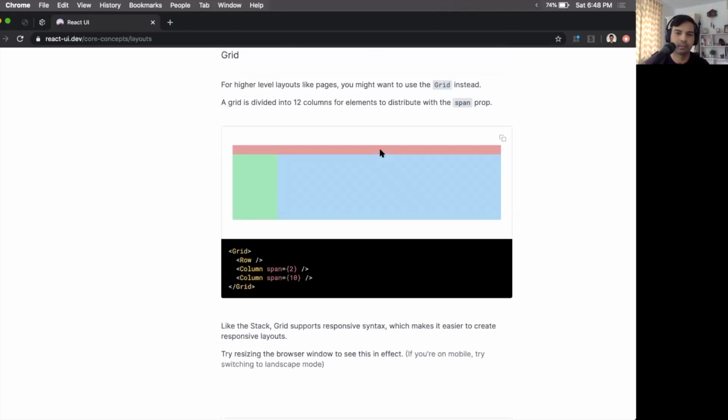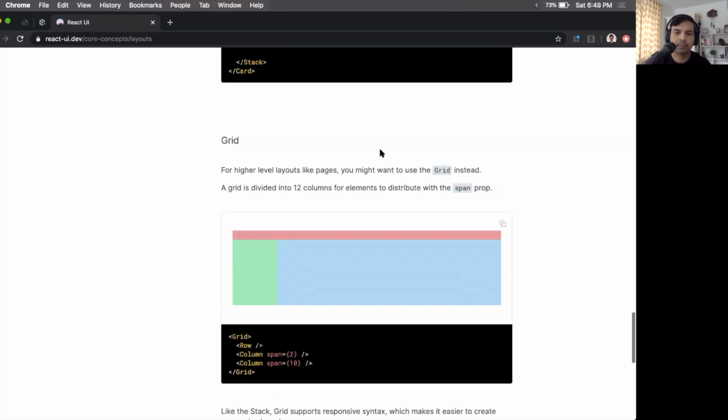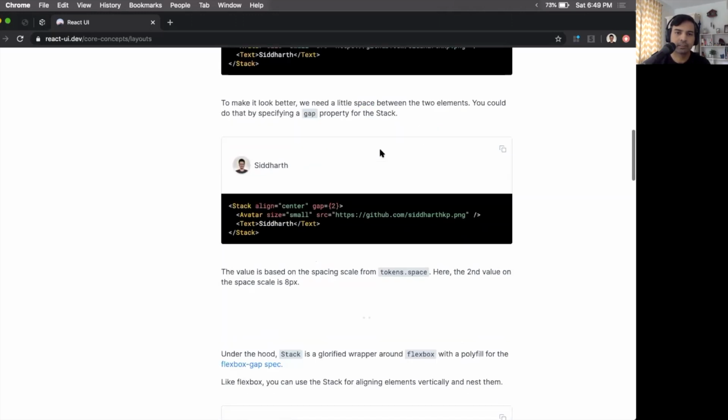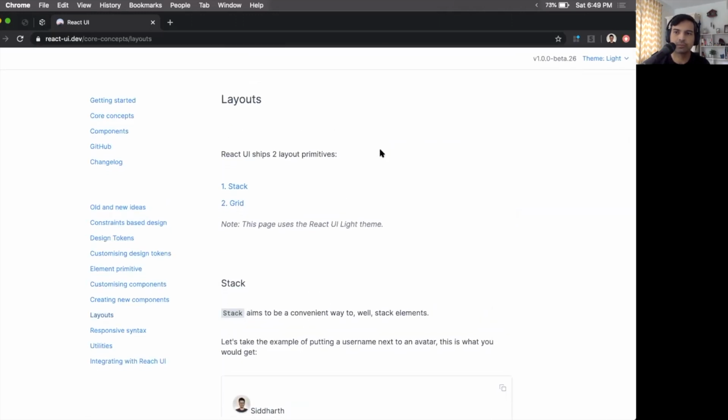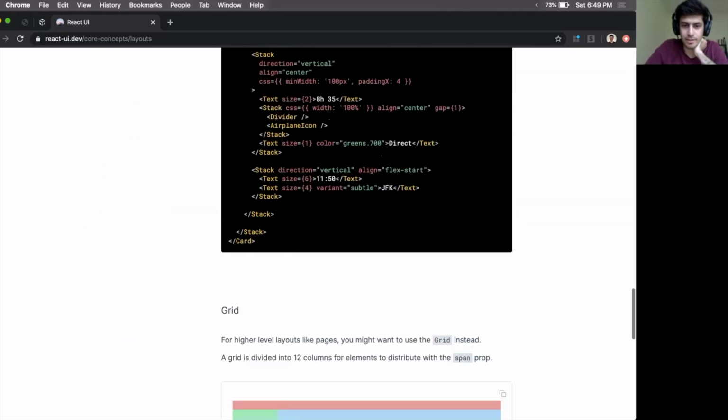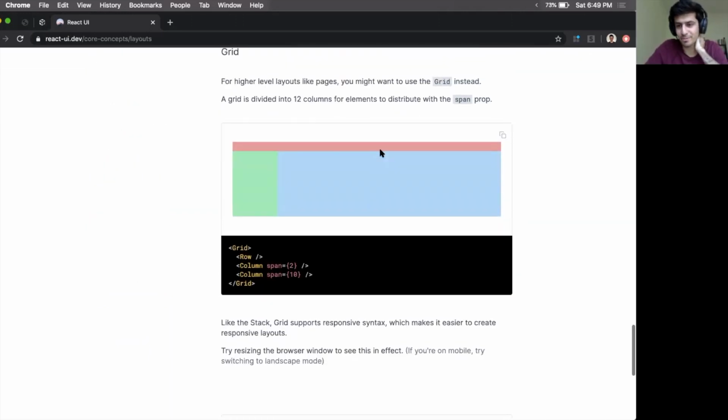Okay. Yeah. And you mentioned that these components are responsive, right? So can you show us a sample of how to make your components responsive? Yeah, so I think the grid is my favorite example to show something like this.